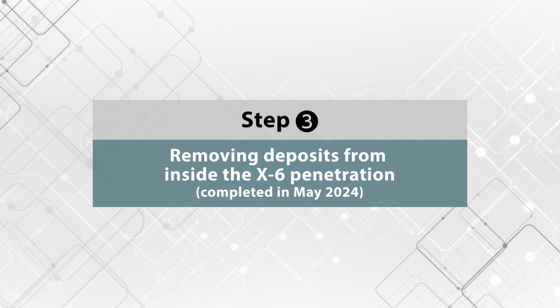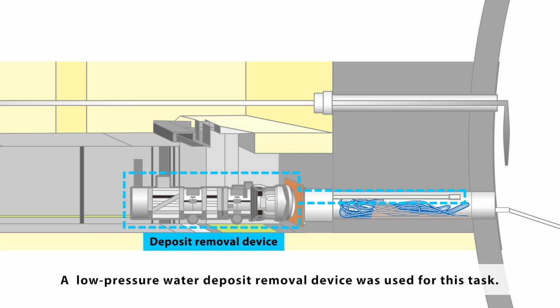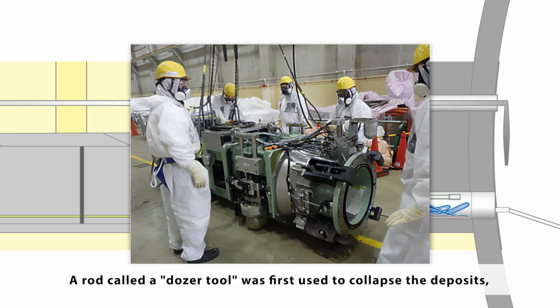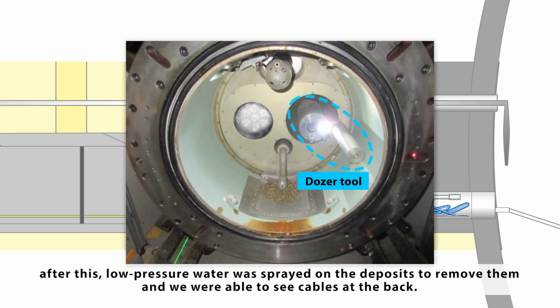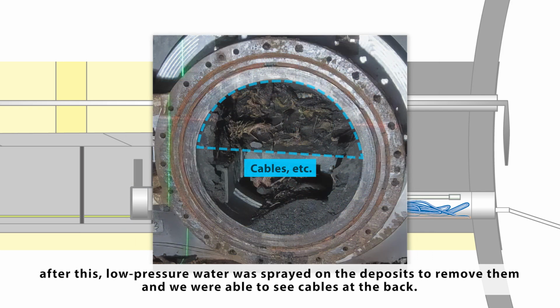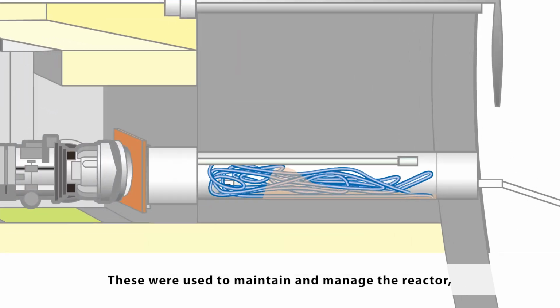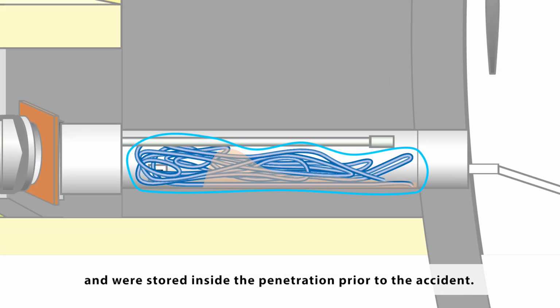Removing deposits from inside the X6 penetration. A low-pressure water deposit removal device was used for this task. A rod called a dozer tool was first used to collapse the deposits. After this, low-pressure water was sprayed on the deposits to remove them, and we were able to see cables at the back. These were used to maintain and manage the reactor, and were stored inside the penetration prior to the